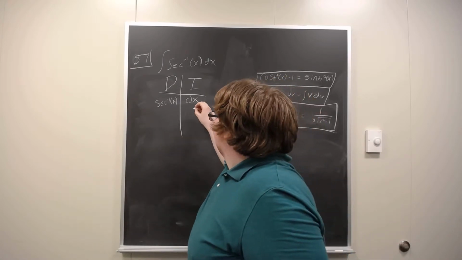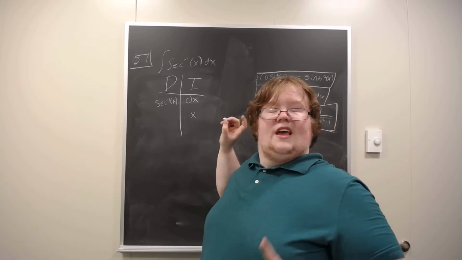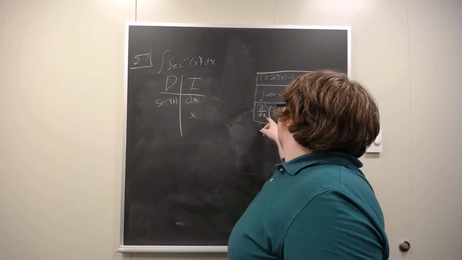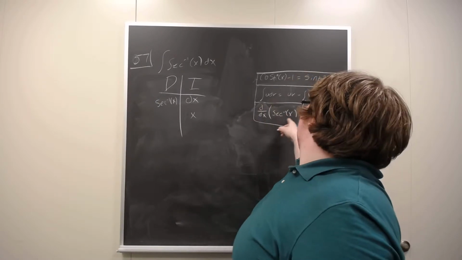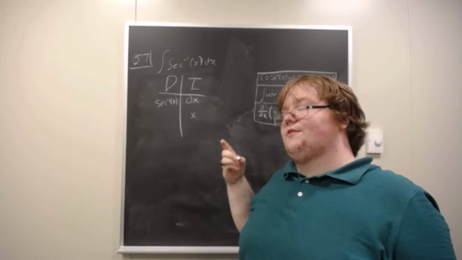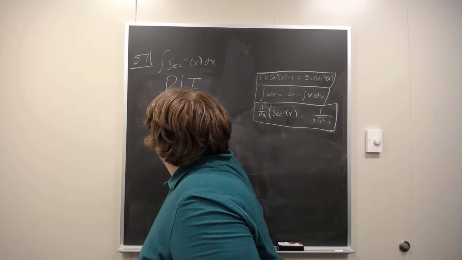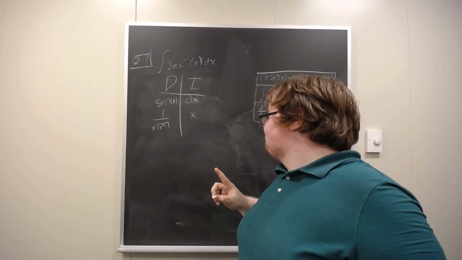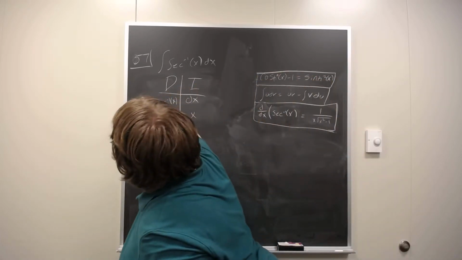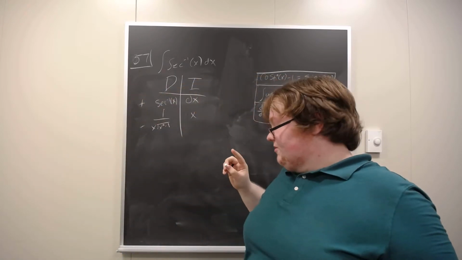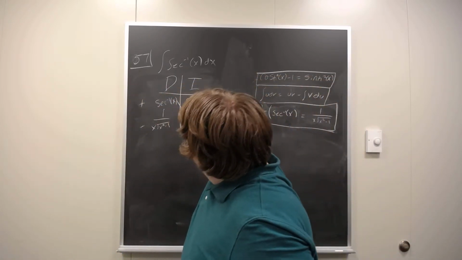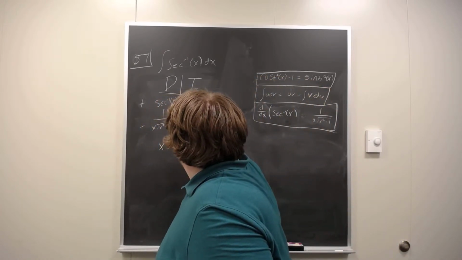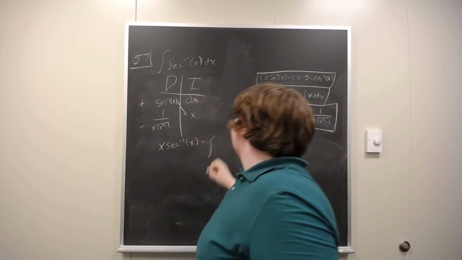From here, integral of dx, we get x. Derivative of arcsec, a little harder. You might not remember this very well, but in Calc 1 you did learn it, where it's 1 over x times the square root of x squared minus 1. So we're going to write that down. All right. Now we set up our plus minus, and we can start accumulating our terms. So our first term, going down the diagonal, is going to be x arcsec of x minus the integral of